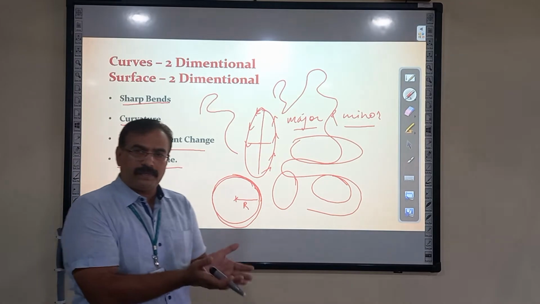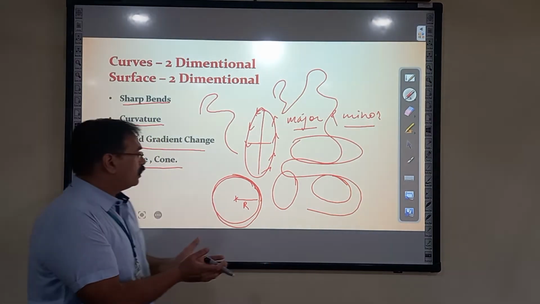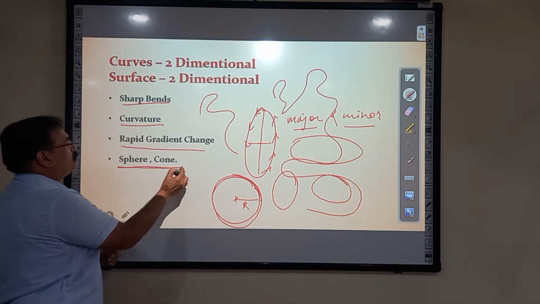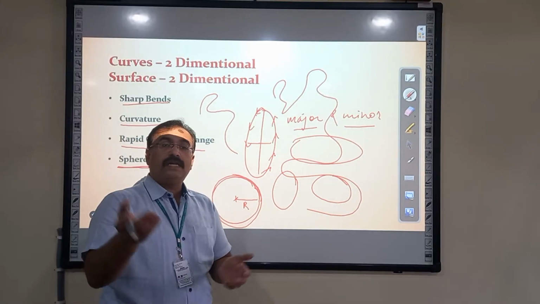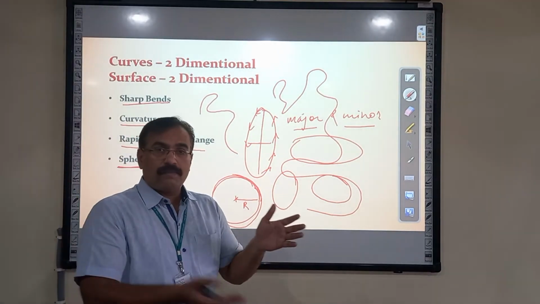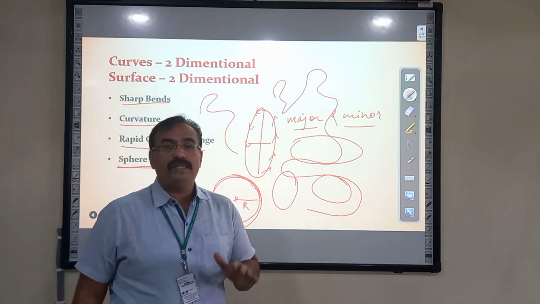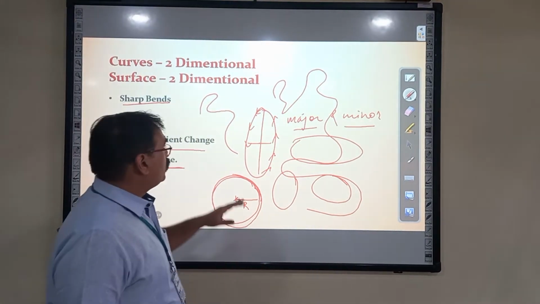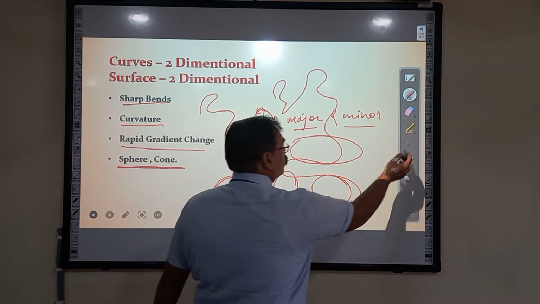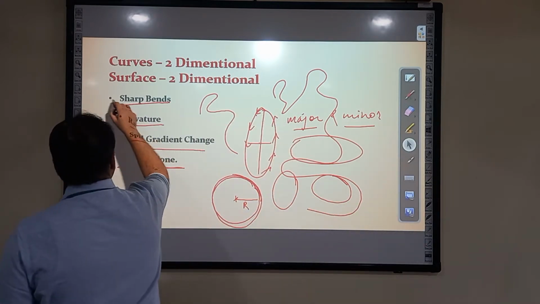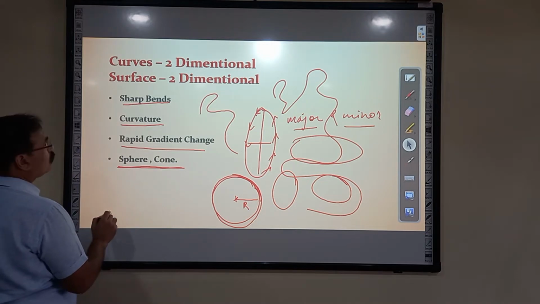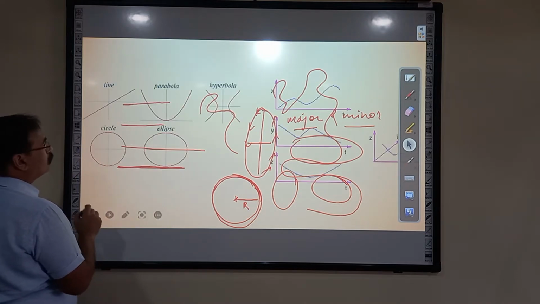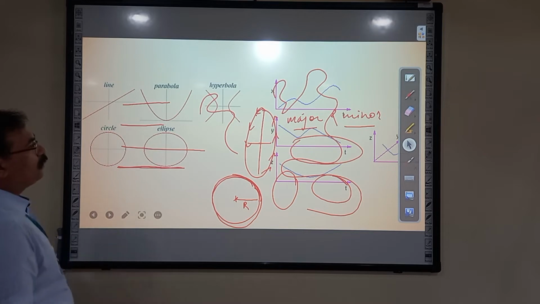This circle can be 3-dimensional also. It will become a sphere. So if things like a circle, sphere, cone or cylinder are intersecting with the 2D plane, they may generate any form. So that's what we are going to see here. To deal with these three things, we are generating a curve.